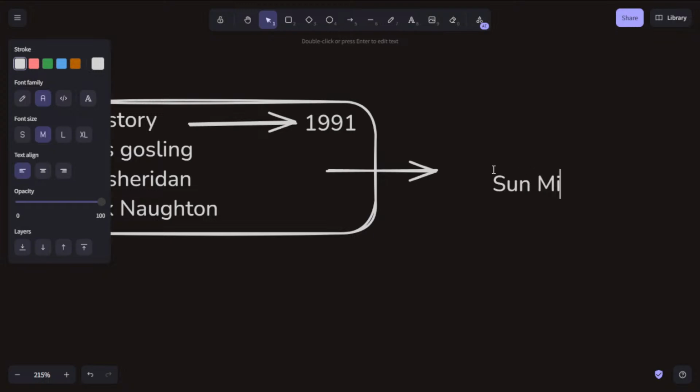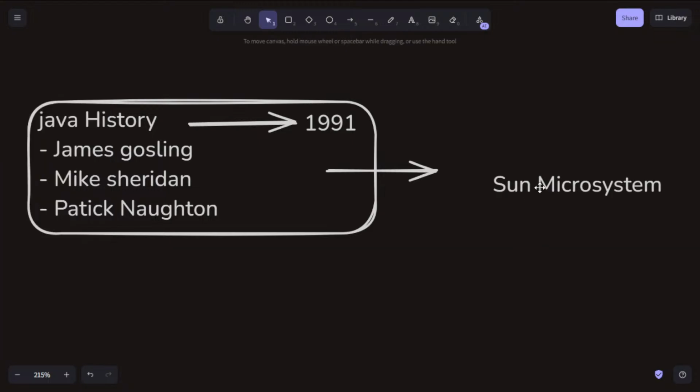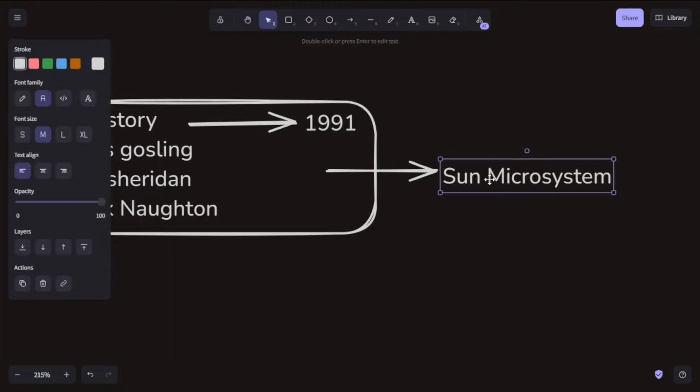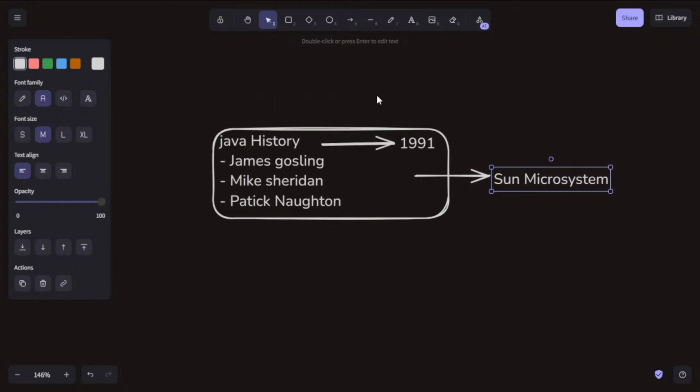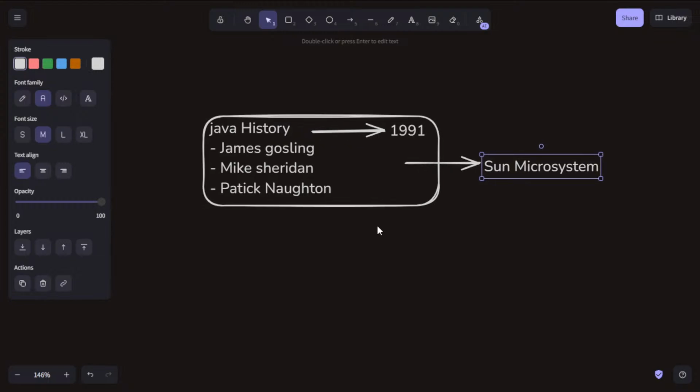Sorry, what was the company name? Sun Microsystems. They introduced Java, including its syntax and all these things. Java was originally designed for small embedded systems in electronic appliances.